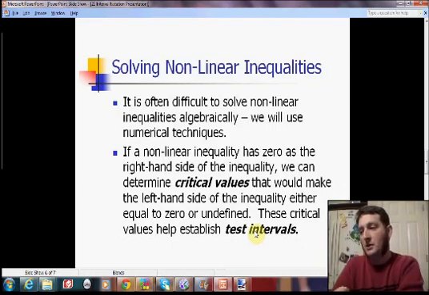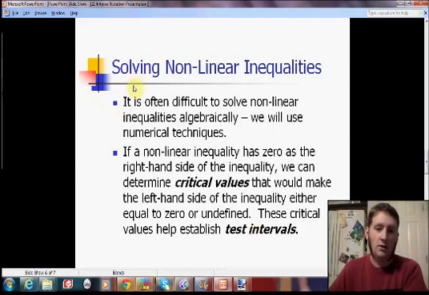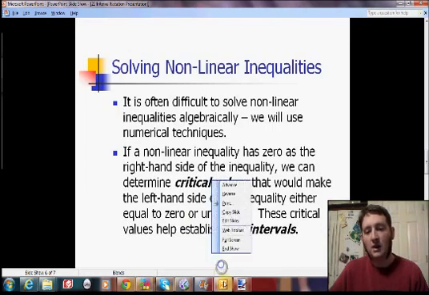But now we're going to probably spend another 10 minutes just on those two problems. And the idea is that they're going to be nonlinear inequalities, and you're not going to really be able to solve them in the traditional sense. You have to use what I call, and I wouldn't be the only one to call them this, numerical techniques. And you're going to get into something called critical values and test intervals. And I don't really want to spend a lot of time talking about these because I'd rather just show you in action